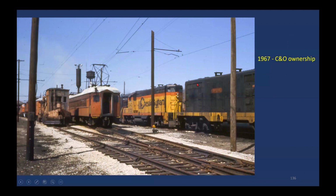Then in 1967, the next transition from interurban to commuter railroad happened when the Chesapeake and Ohio Railroad acquired the company. It had been an Insull property, and then when Insull went bankrupt, it became an independent company. The Monon Railroad had attempted to purchase it, but did not succeed. But in 1967, the C&O did acquire it for the purpose of getting freight train access to the newly opened